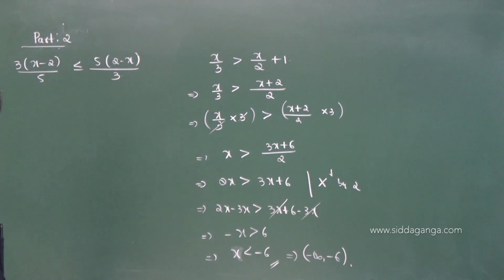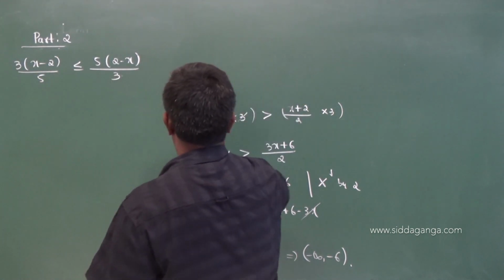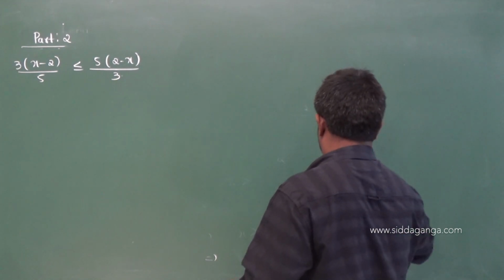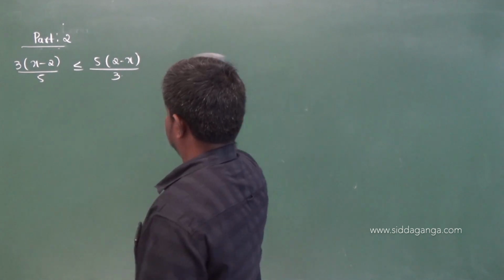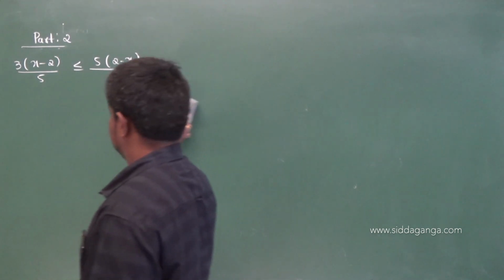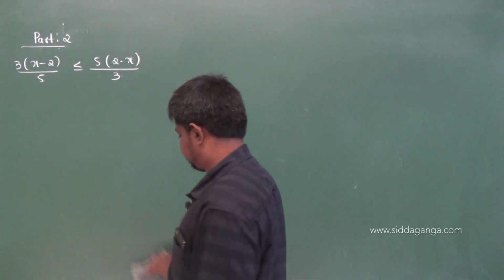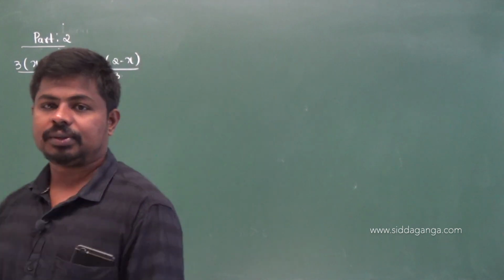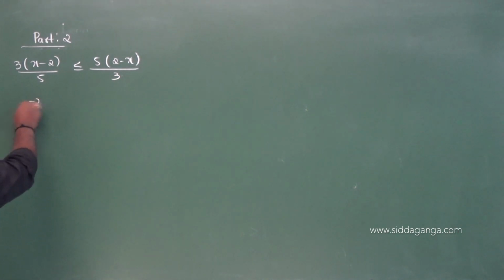Same as before. Yes, same as before, 3 into x minus 2 by 5, this can be written as,